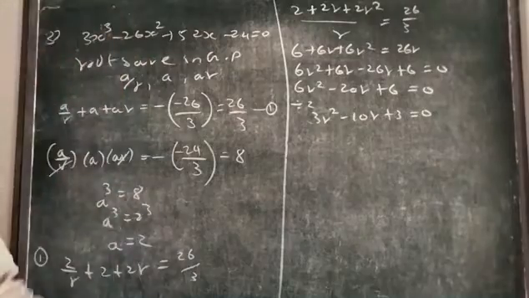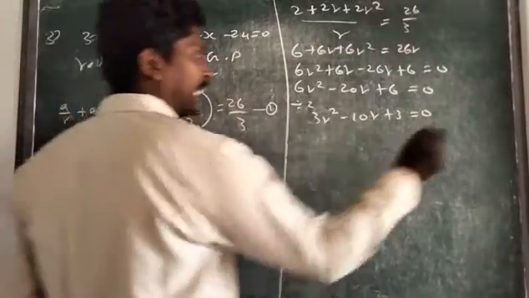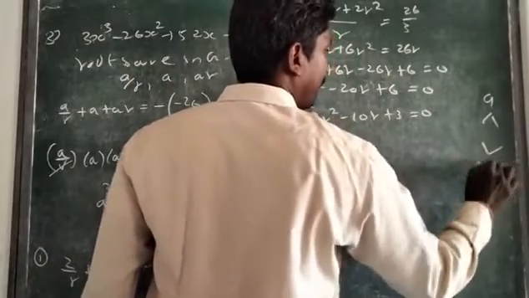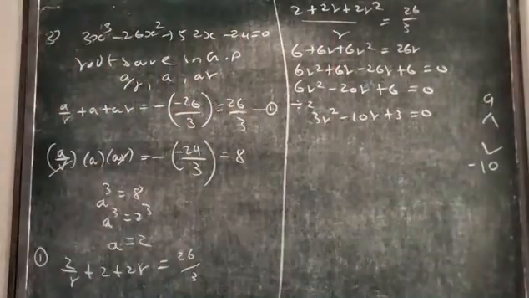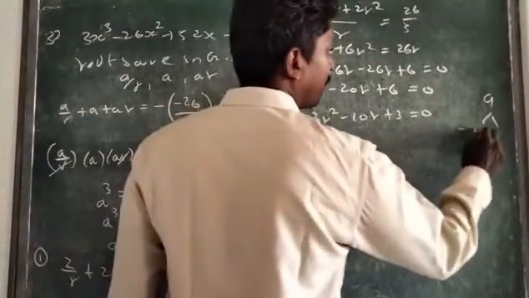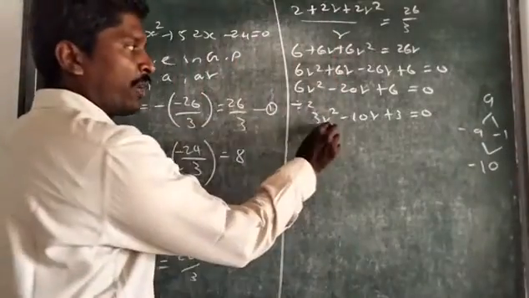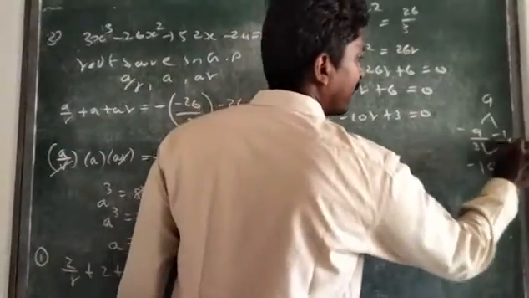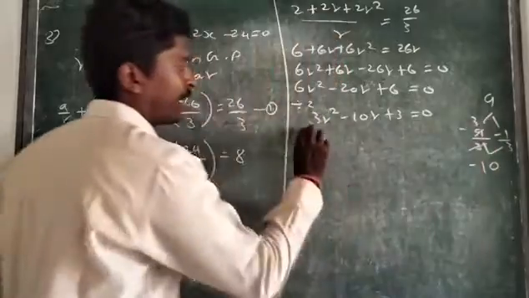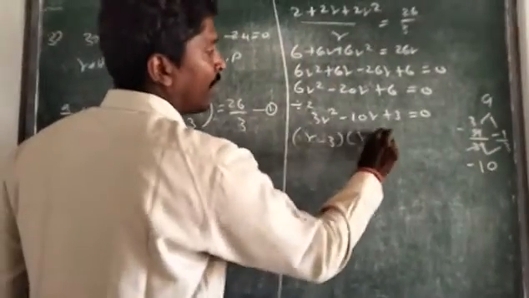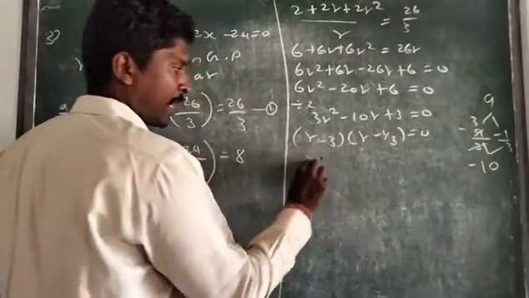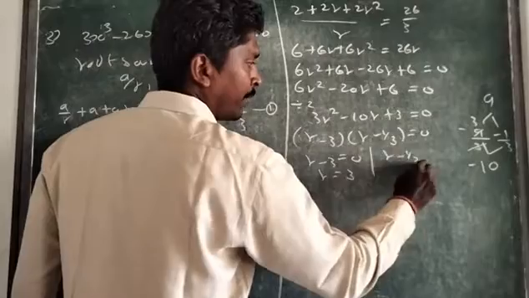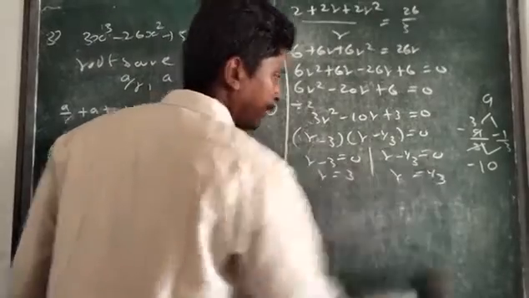Now it's a quadratic equation in terms of r. Factorize: 3 threes are 9, so when multiplied the factors give 9, and when added they give minus 10. So select the terms like that, minus 9 and minus 1. Here the coefficient of r square is more than 1, so take the coefficient and divide the factors. When eliminating, a 3 will come. So you have r minus 3 into r minus 1 by 3 equal to 0. Then r minus 3 equal to 0, r equal to 3. Then r minus 1 by 3 equal to 0, r equal to 1 by 3.